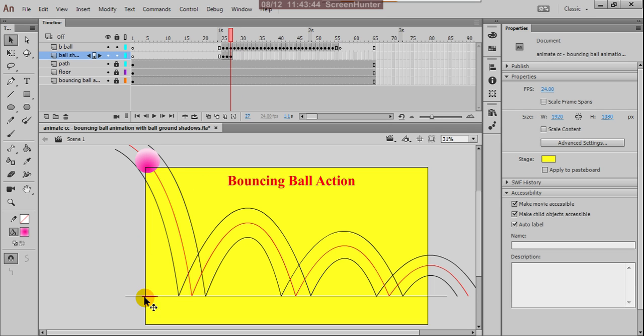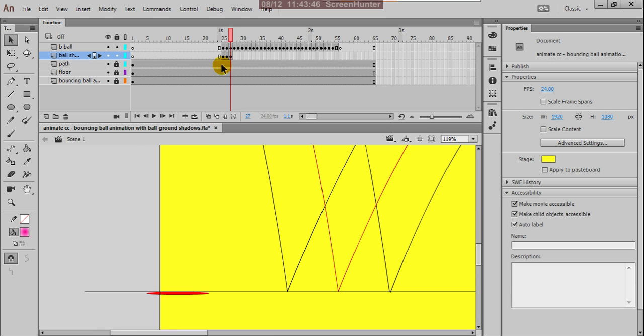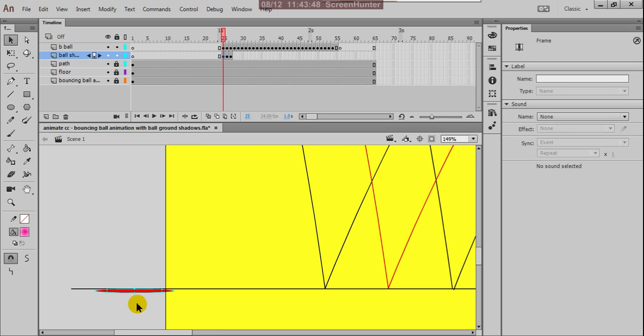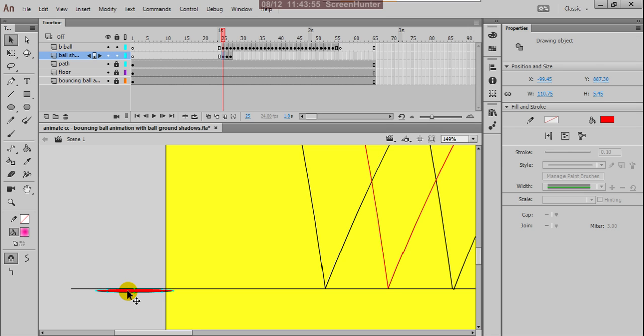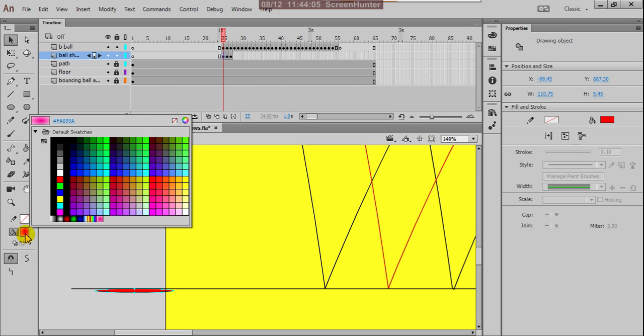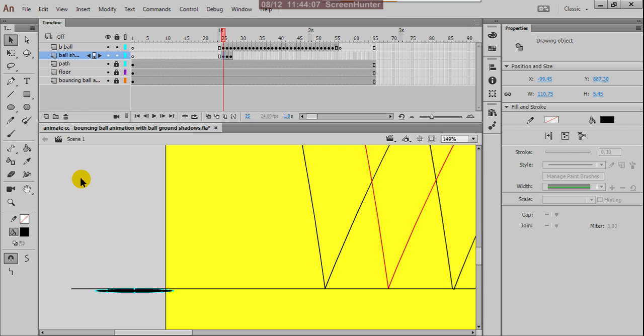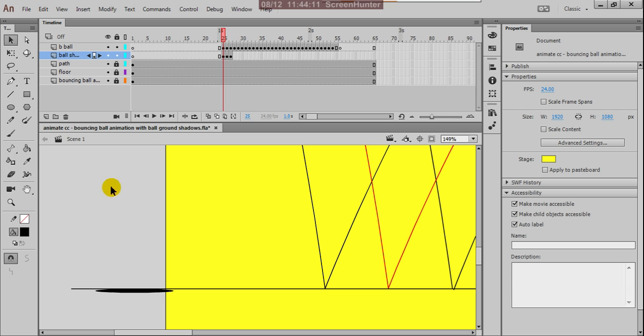But one thing you have to do, so don't forget that. So here this must be in black, this must be in black. So this is in black, okay.